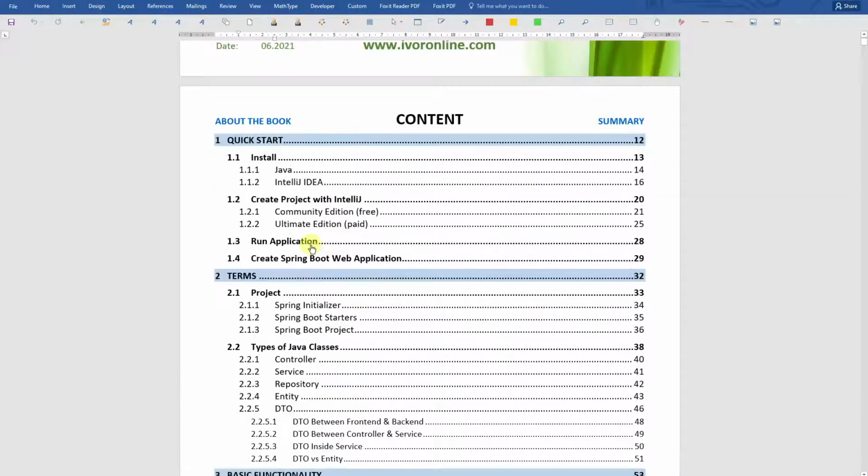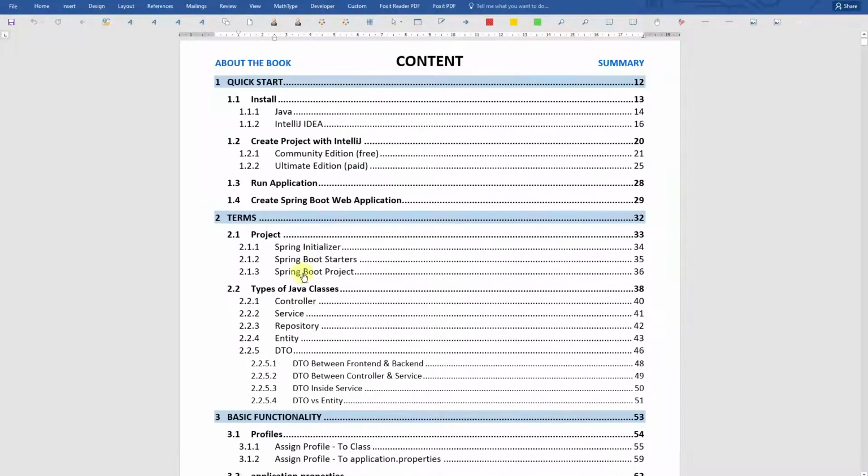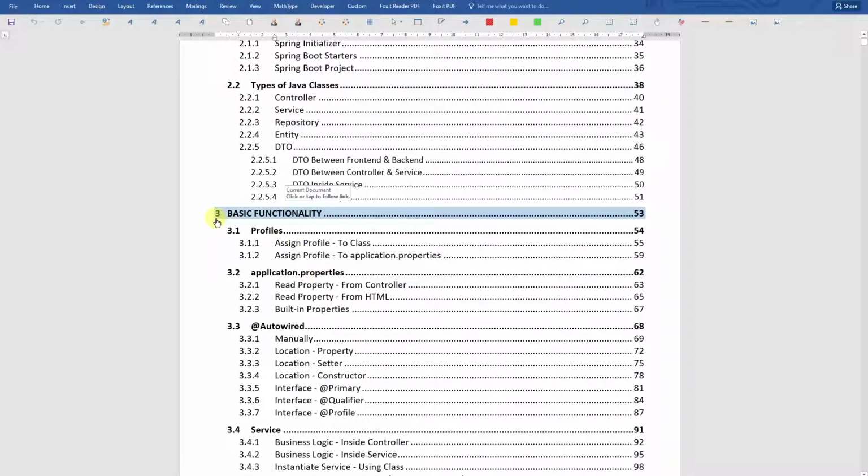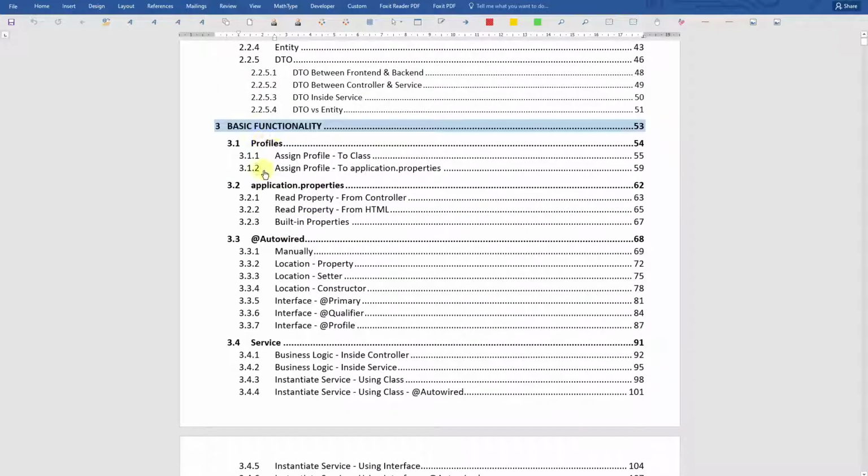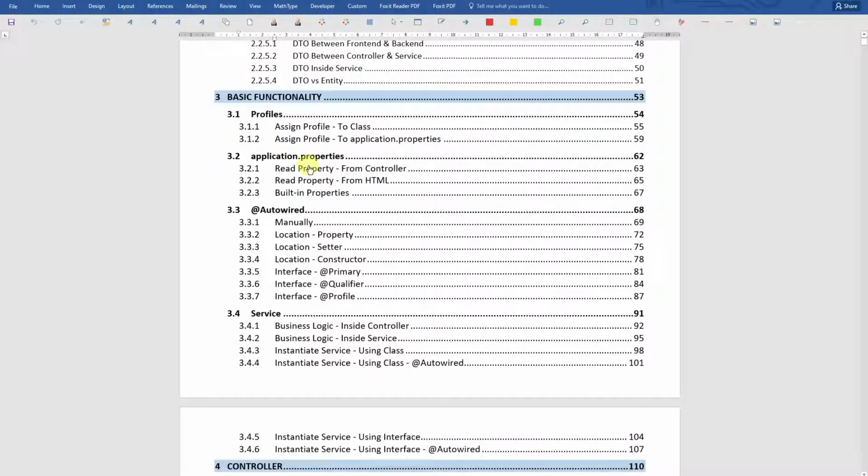Now we will go very quickly through all those chapters just to see everything that is actually included in this book. So in chapter 3, basic functionality, we are discussing some basic functionality like profiles, which allow you to define which classes or application properties will be included into your application. We are talking about application properties files, which use different properties which are needed to configure different components of your